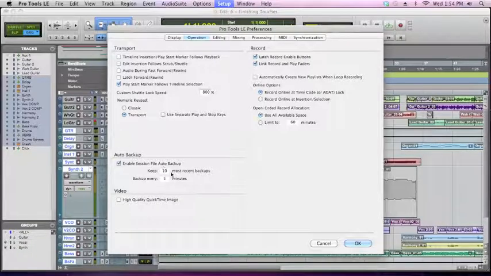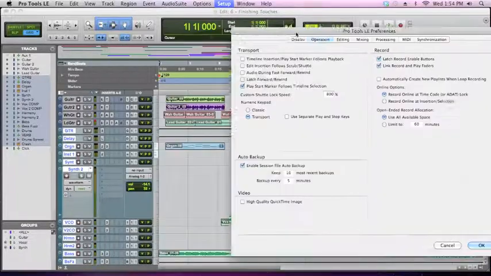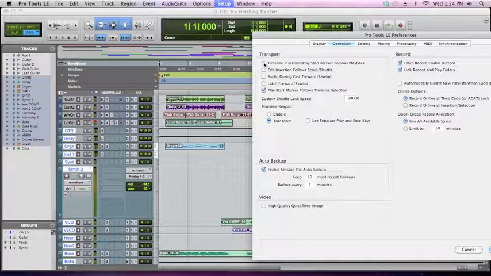You can adjust how many backups you want to keep and how often you want it to back up. This is also an important one here. Timeline insertion / play start marker follows playback. Okay, what this means, if it is checked, that means if I am over here, okay, if this is checked,